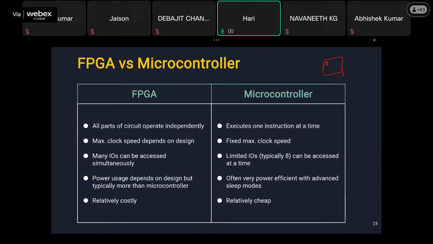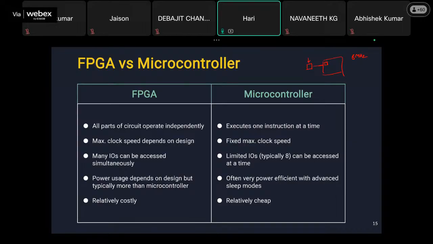You can either use that particular internal oscillator, which is defined to some particular frequency, let's say 8 megahertz. And if you don't want that particular frequency, you would be using an external oscillator. I hope you understand an oscillator is a device which can generate frequency for your microcontroller or microprocessor. So you can choose from a very defined set of frequencies, but in this particular FPGA you can generate your